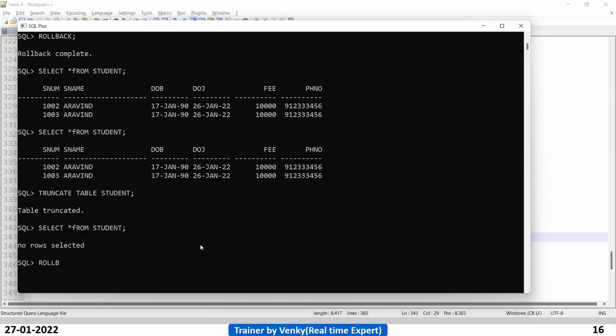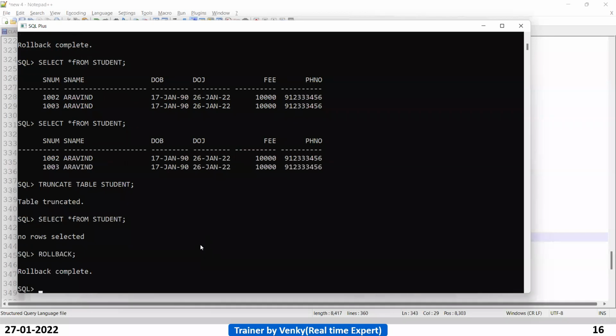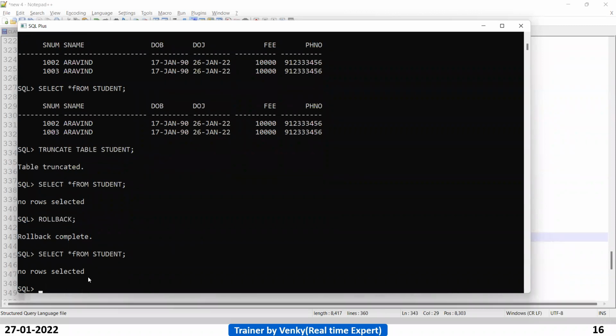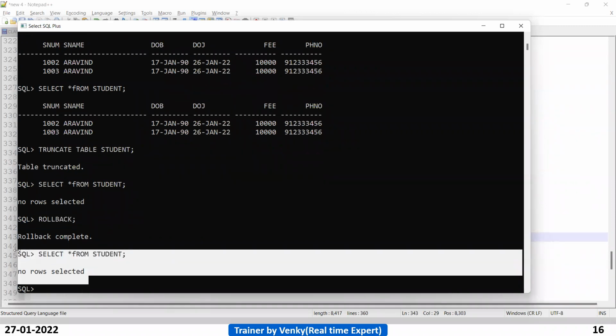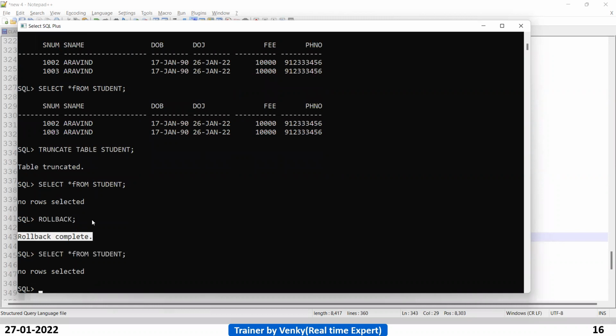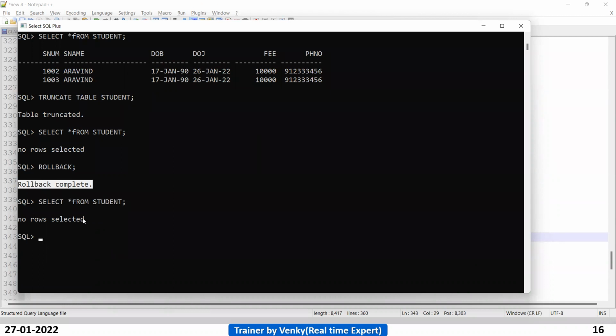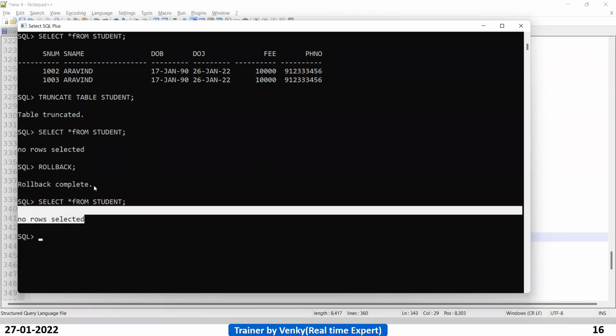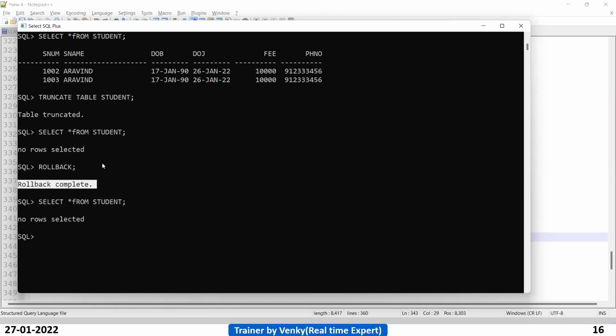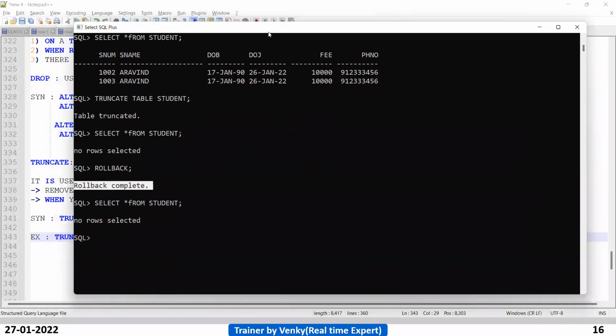Let us try to give the rollback. So in delete perspective, we can get the rollback, right? The rollback is completed. Select star from the student. Why is the data not back, guys? If you use rollback, data has to come back, right? In DDL commands, rollback is not possible because all DDL commands are implicit commit.